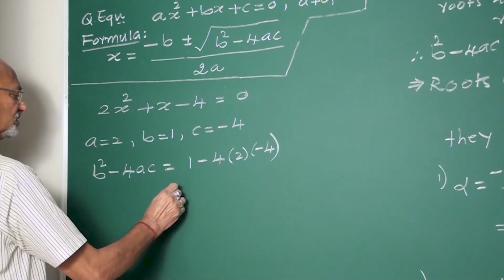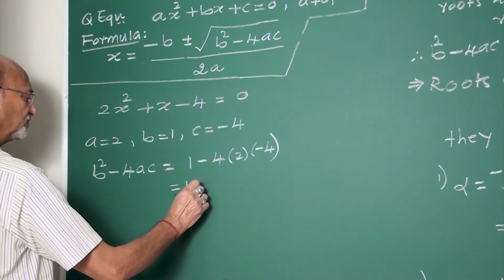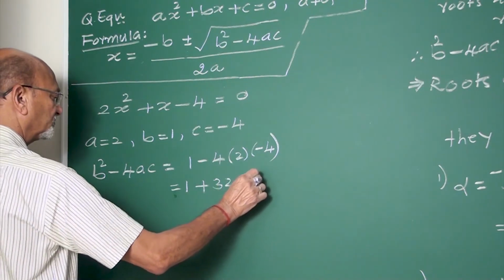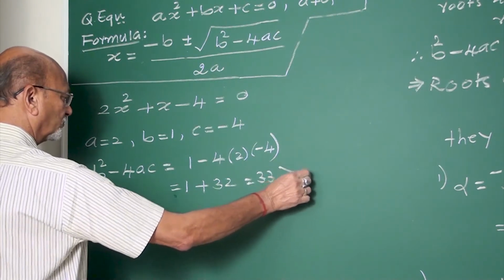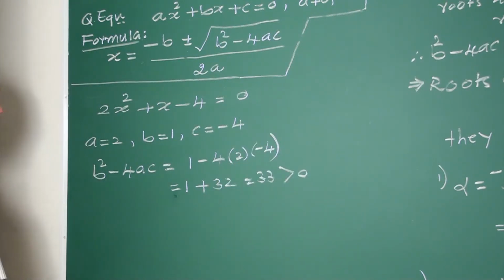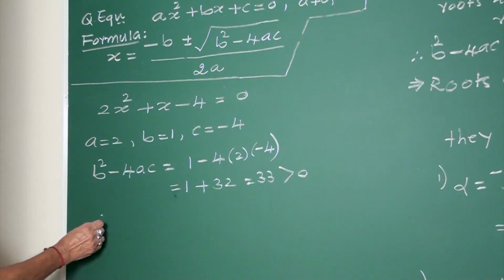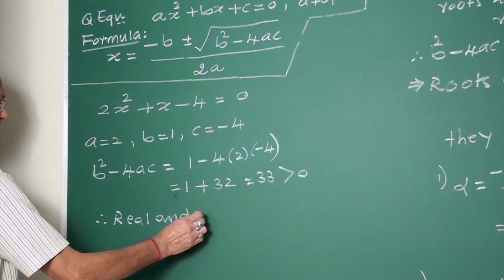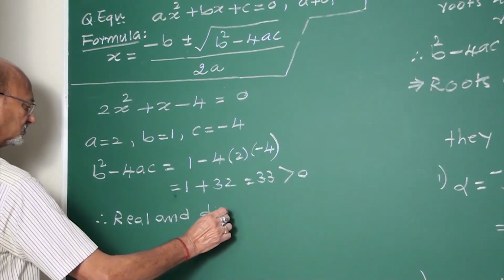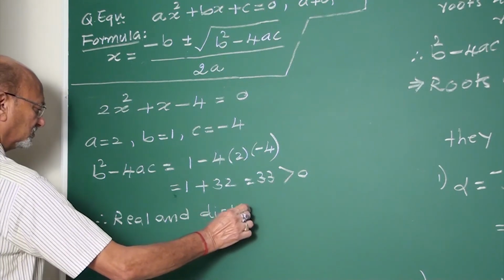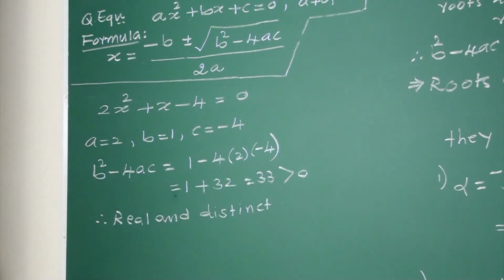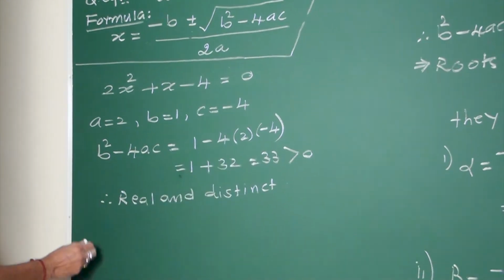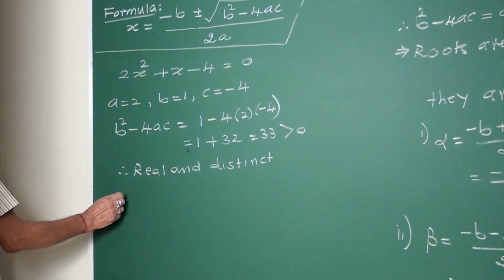What is this? 1, minus with minus is plus 8. 8 into 4 is 32, which is 33, means positive. Therefore, roots are real and different. Positive means real and different, distinct. What about the roots? Now, what is the square root of this? It is root 33. Therefore, roots are real and distinct, and they are